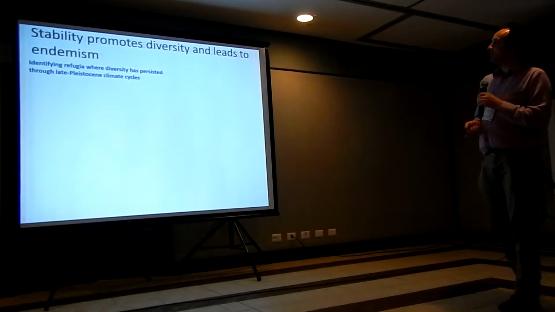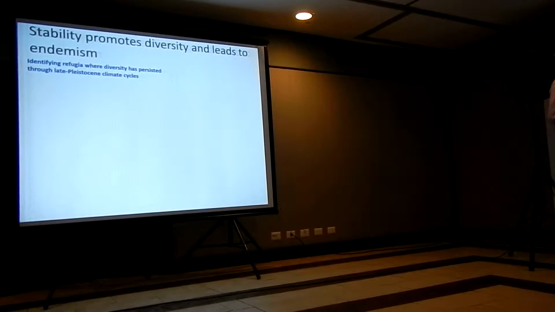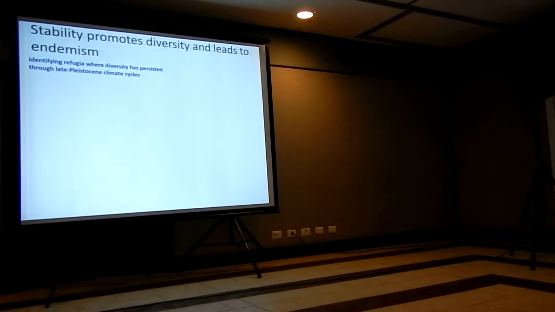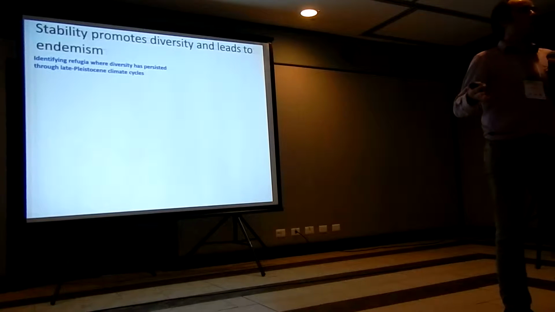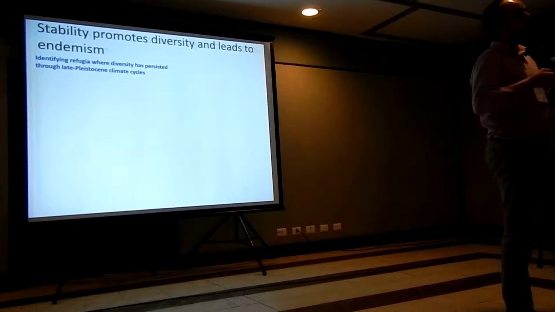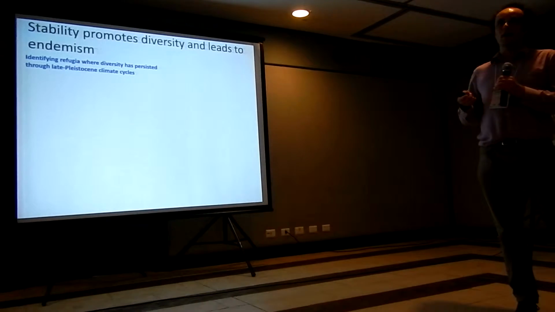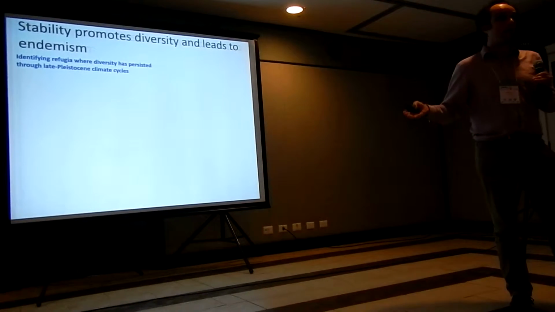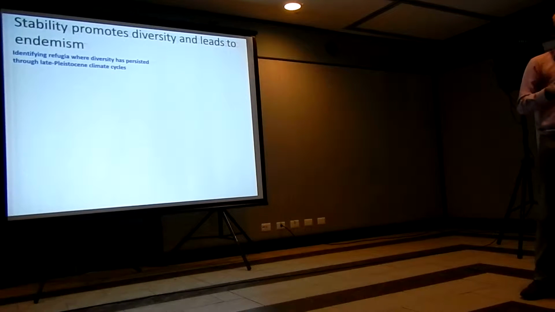The relationship between habitat stability and endemism has been found in a number of studies, and the basic principle is that as diversity accumulates over time, where the habitat suitability is continuous, that diversity can accumulate, and in other areas that diversity may be repeatedly lost, and the signal that you expect to get from that is one of endemism